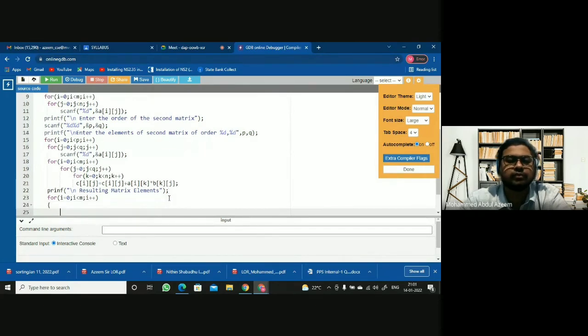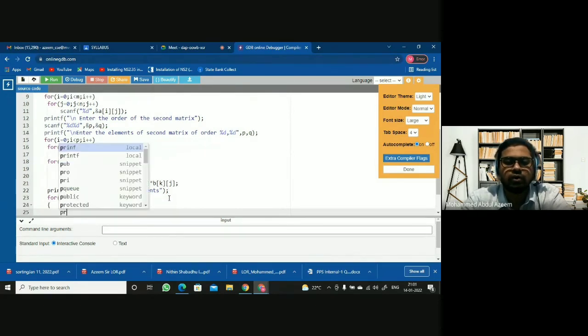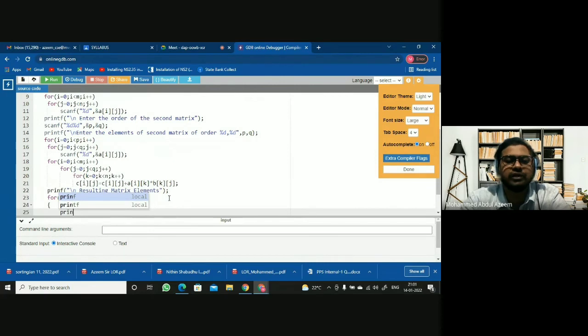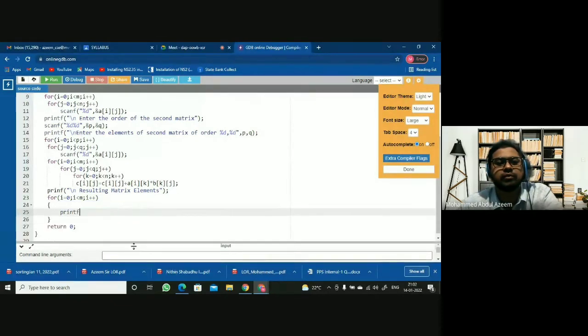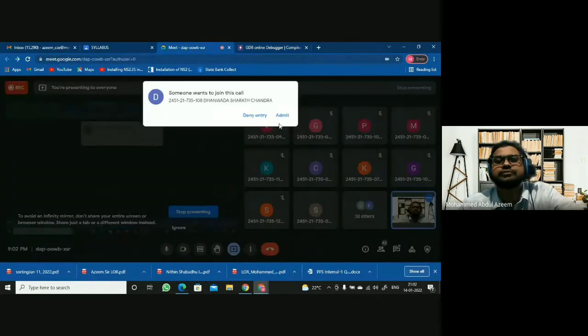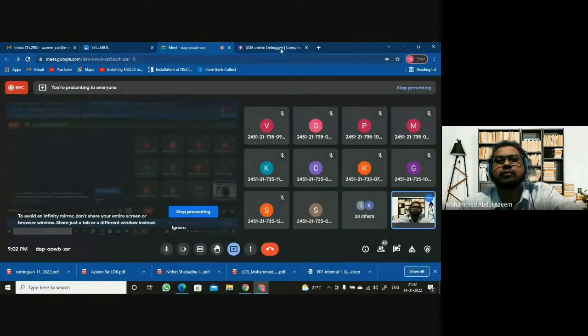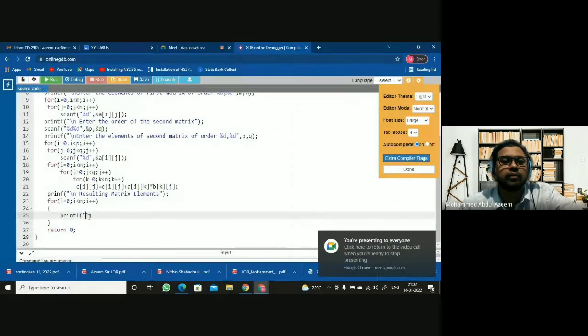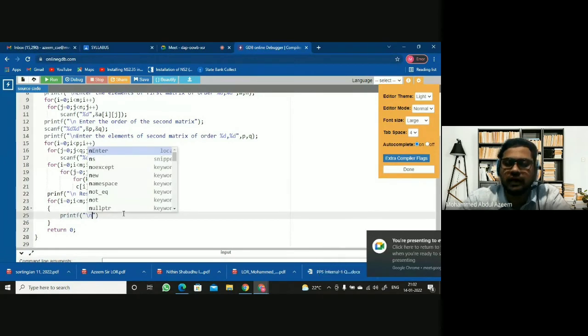Here you want to print every row in a fresh line. So printf, before printing the elements, you will be taking the cursor on the fresh line.